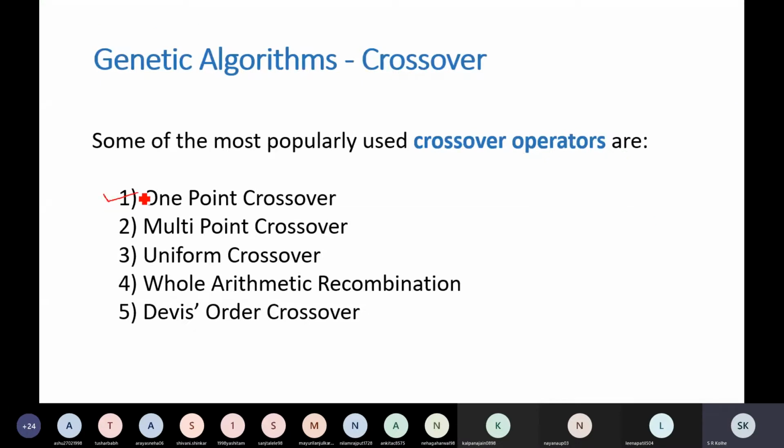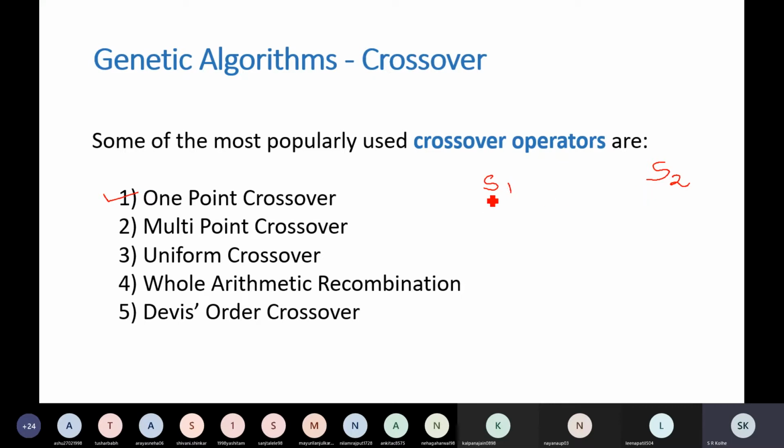So various crossover techniques we have discussed in the last class. Some of the popular techniques like one point crossover. Crossover means what? Suppose we have a solution, I call it S1, and another solution S2, which are selected by using some selection mechanism. So these are good chromosomes, good solutions.